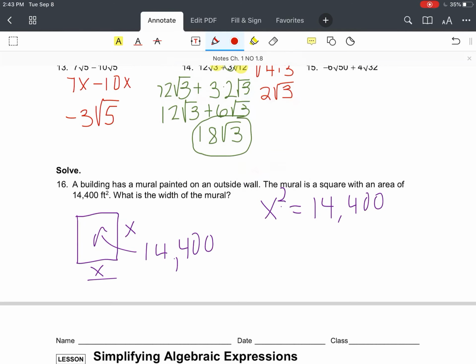14,400. To undo a square, you square root. So if I take the square root of both sides, I'm just going to have to take the square root of 14,400. Turns out that's a perfect square. It's 120. So the width, which is also the same thing as the height of my mural because it's a square, will be 120 feet. That's it for square